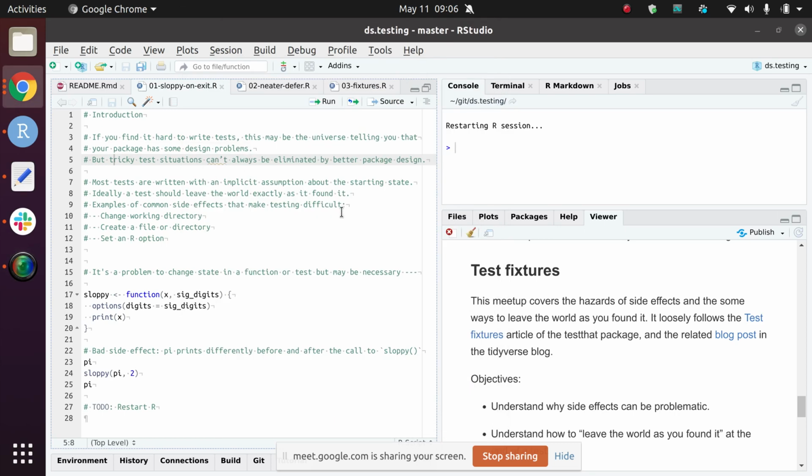Today, the ds-incubator continues on the series about testing our code, and it might be the last meetup of this series. I wanted to talk about an idea that was captured by the phrase test fixtures in two places. One is a vignette in the testthat package, and another one is a blog post by Jenny Bryan in the Tidyverse blog. It originated from a conversation that was internal in our studio, and they realized that it was very useful beyond that environment. So they wrote those resources, which I find very useful in our context, because I usually